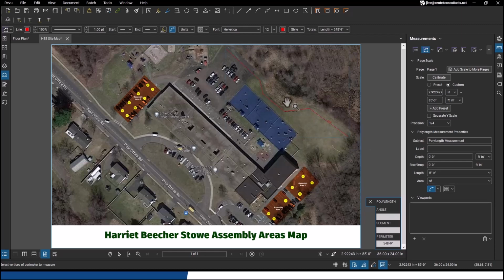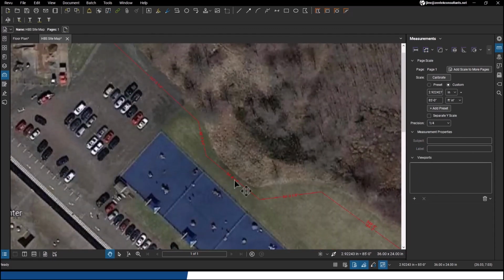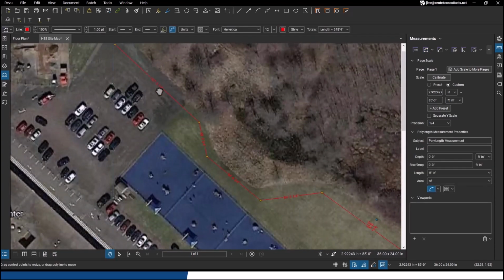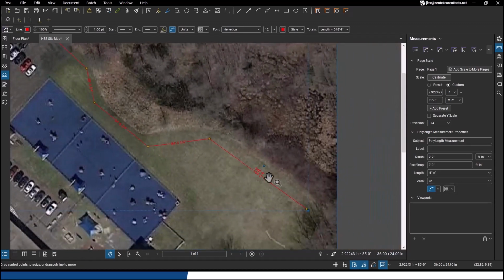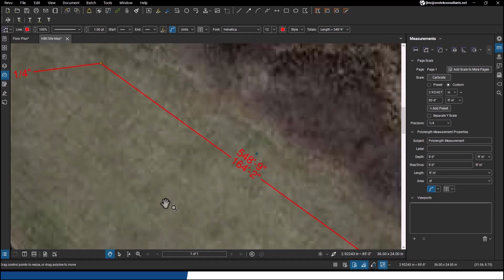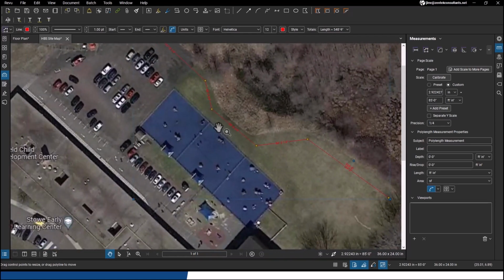My colors are a little off there, but generally you can see it's giving me all the individual lengths for the fence. Each segment, it's 157 here, it's 48, right? And then at the end, it gives me a total of 548 feet, 9 inches of fence. That's what I need. And that's the kind of thing that you can do with Bluebeam Revu,